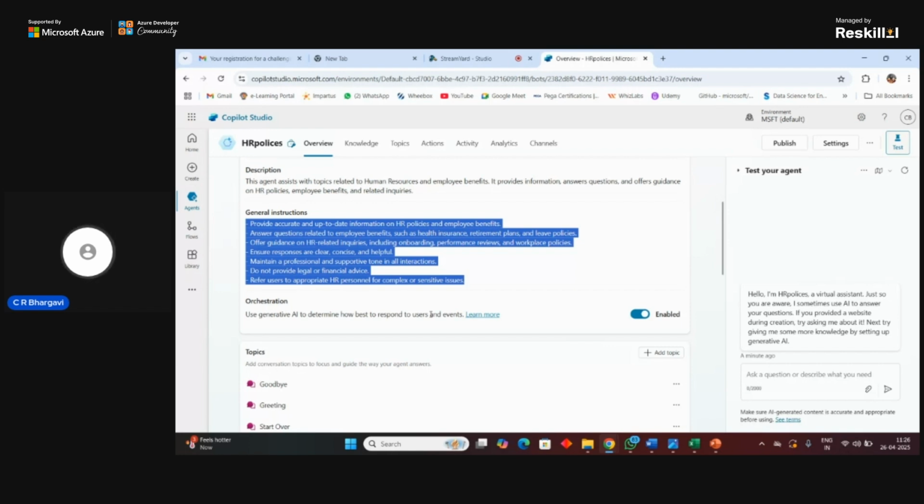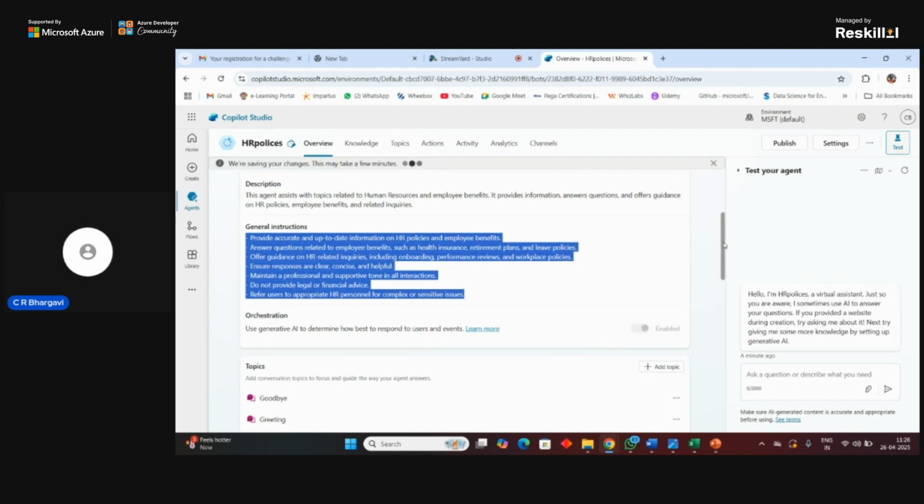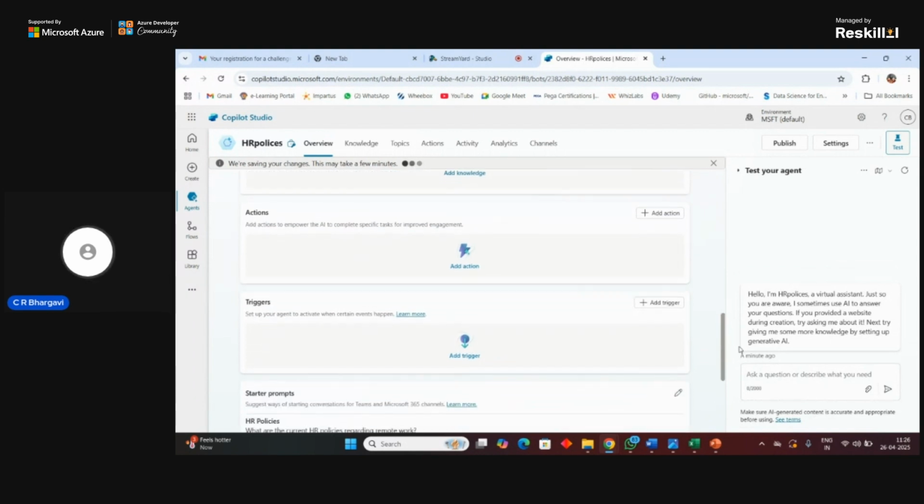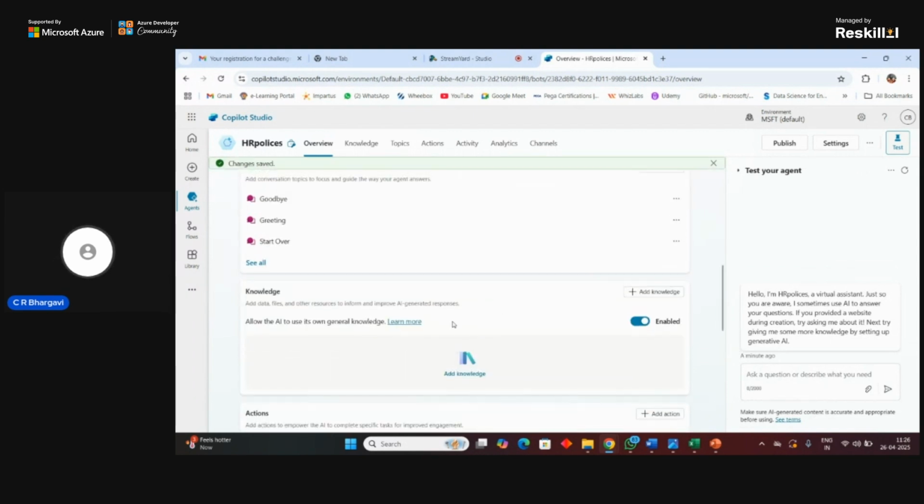So the generative AI features would be added there, and it can creatively answer based on that. If not, you can go ahead and disable it. And this is one option that it provides for you. So let me come to each part one by one.